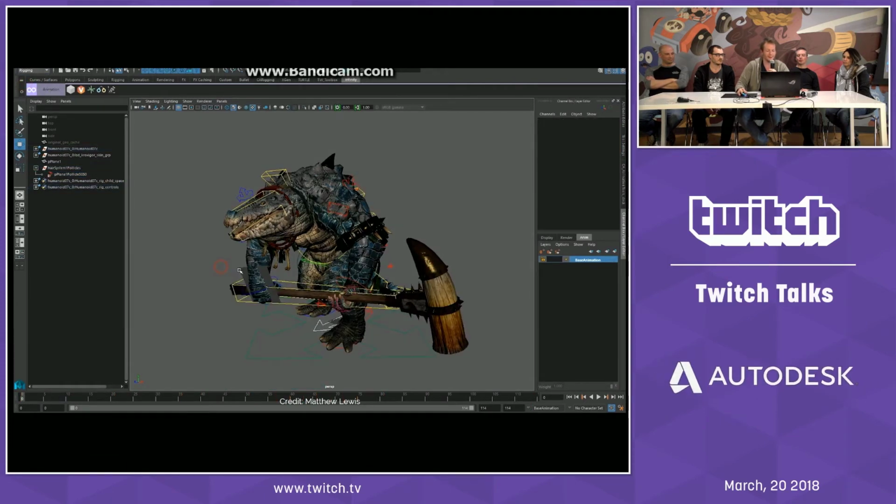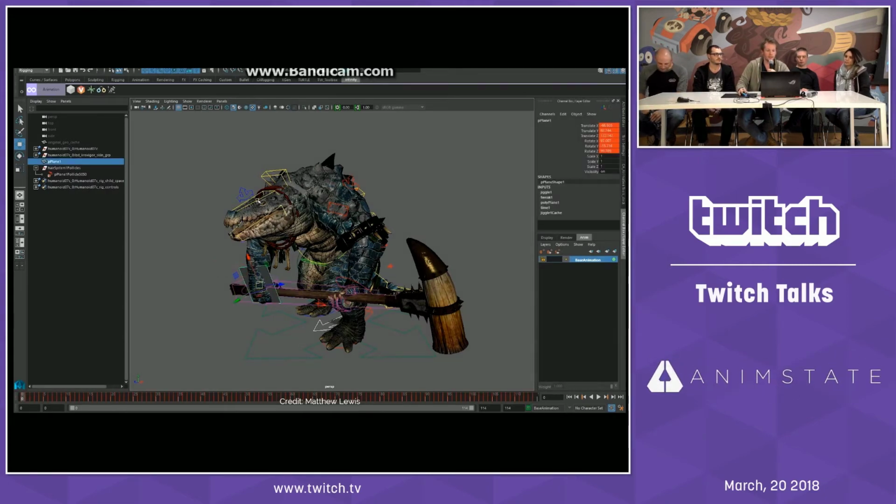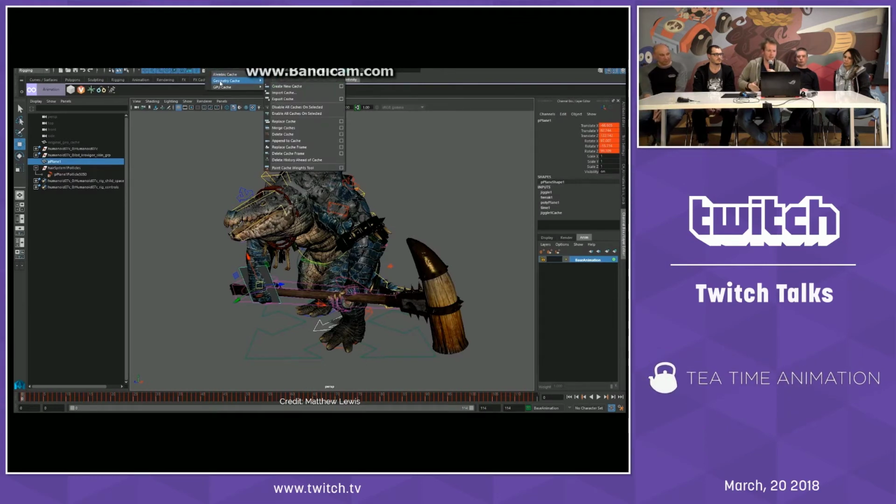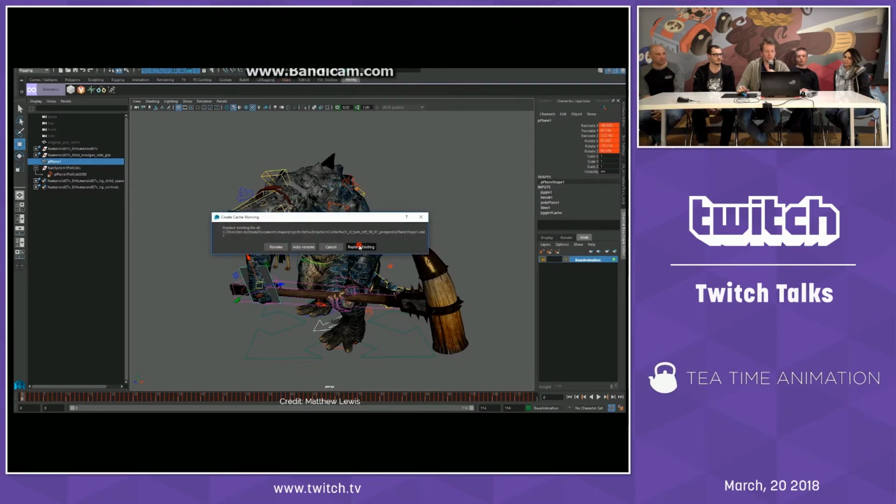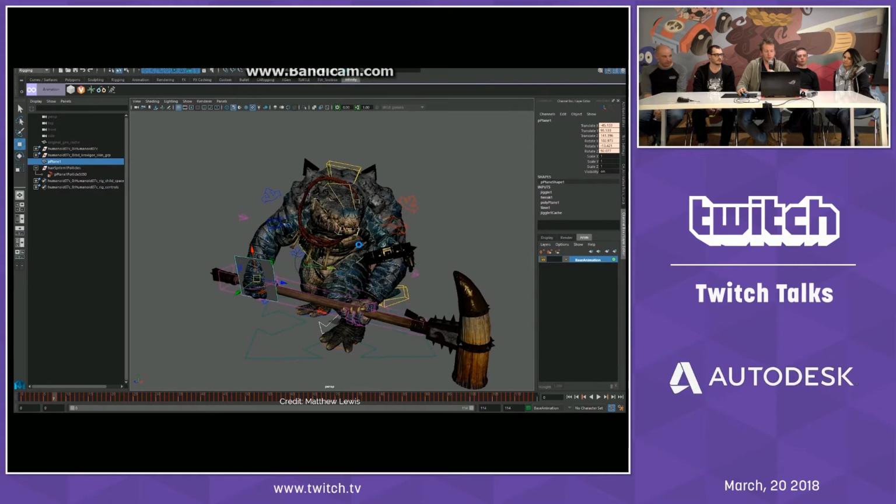Apologies. So after we've constrained it up and we've changed those parameters, because we're dealing with dynamics, you may get a few issues, whether it's to do with jitter or anything like that, if you're doing any viewport 2.0 vertex caching. So what we can do is if we do a geometry cache on the polyplane, we can eliminate any issues when we then try to bake the animation back down onto the control. It's not always needed, but if you do follow this process step by step, you won't encounter any issues